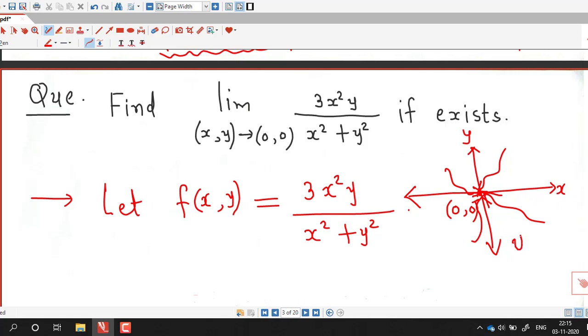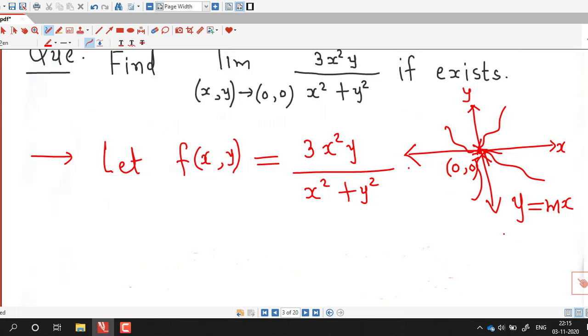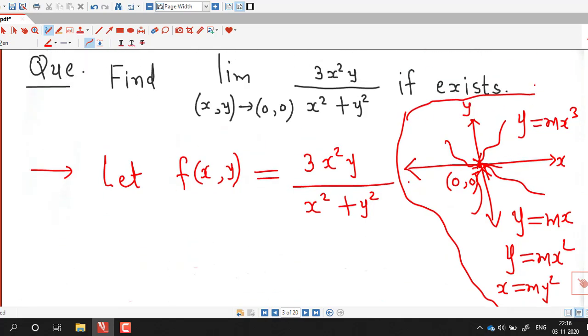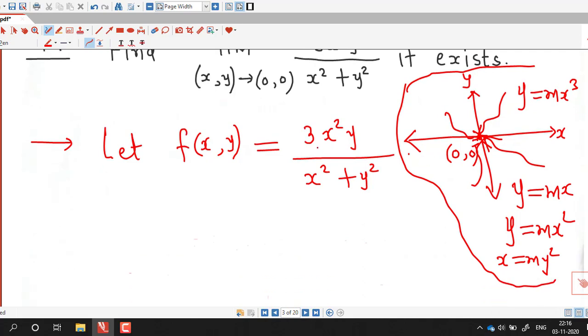Okay, so what we can try to do is we can try for different paths: y equal to mx, y equal to mx square, x equal to my square, y equal to mx cube. So by putting these different paths, we will have the idea whether the limit exists or not. If you try these different paths, you will see that the limit is 0 along all the possible paths. So here we will try to show that the limit is 0, and that we will try to prove by